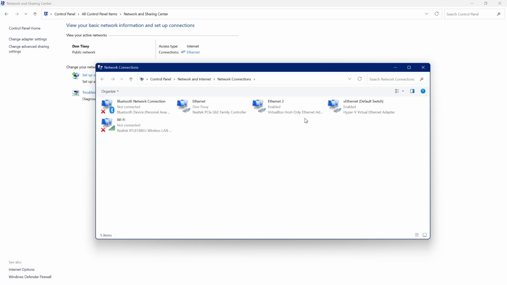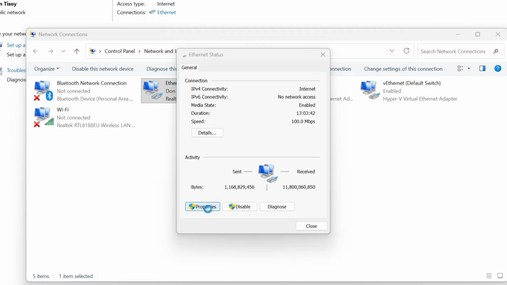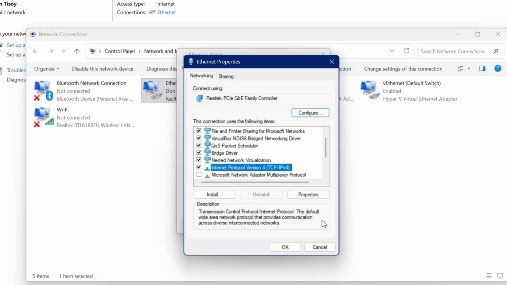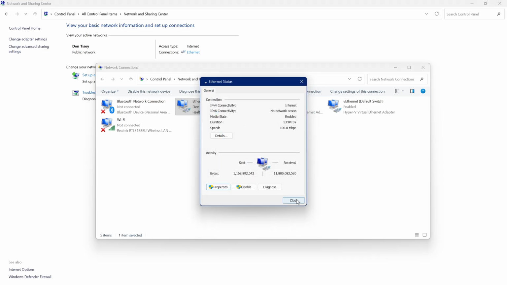Now double-click on the network that you're currently using. Double-click on Properties. Now go and find TCP/IPv4 right here. This one. Click on Properties. Now copy my settings. Okay, obtain an IP address automatically. Use the following DNS server addresses: 8.8.8.8, and then 8.8.4.4. And then once that's done, just hit OK and close